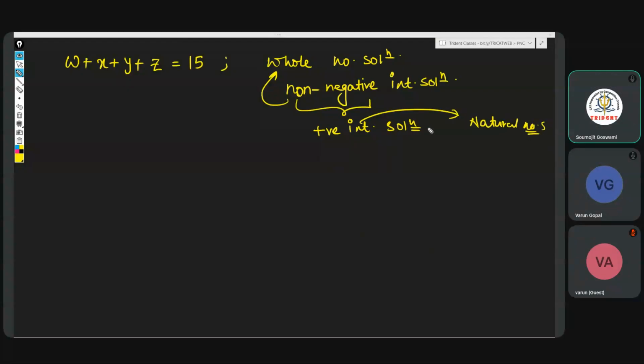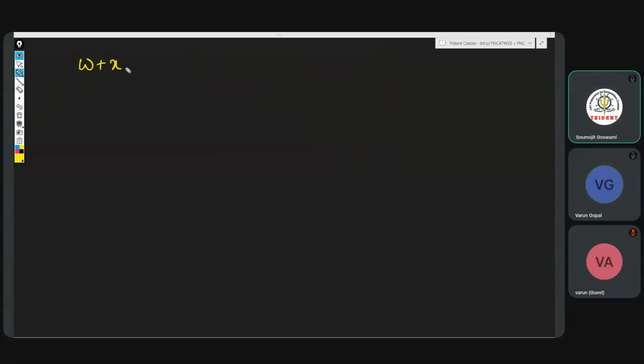But I have taught you guys number system in very great detail. So I don't think at this point non-negative integer solution and all that should irritate you. So w plus x plus y plus z equals 15, and you need to find whole number solutions. But the conditions are